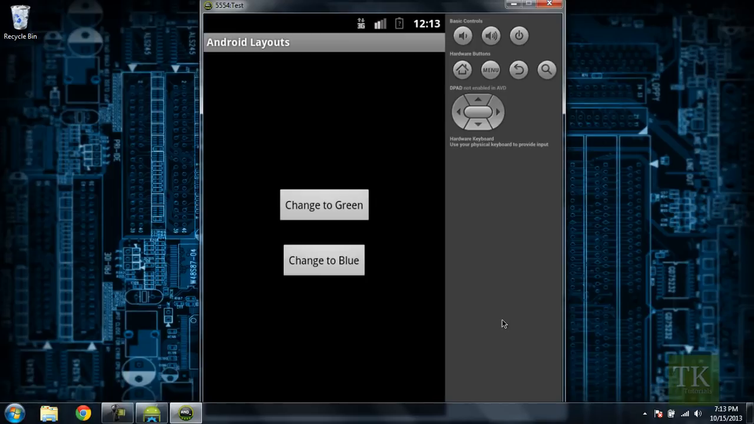In this tutorial we're going to be creating a couple of buttons, and we're going to show you how to create an on-click listener for each of those buttons so we can handle some click events when a user clicks on your button. So what I have here on my emulator is a simple linear layout with